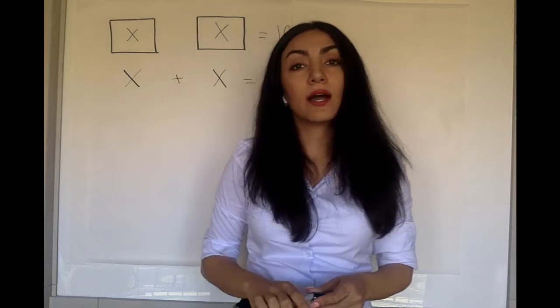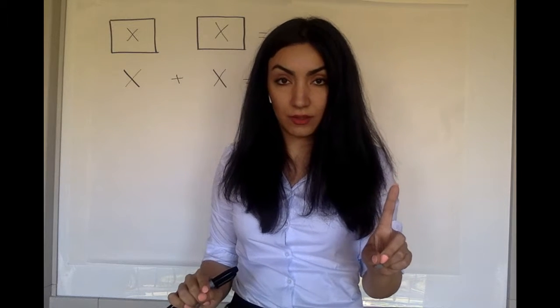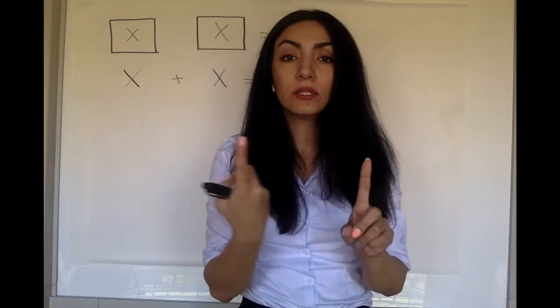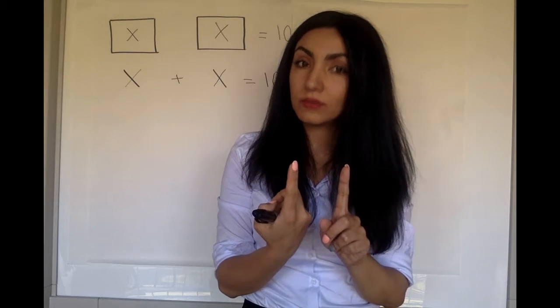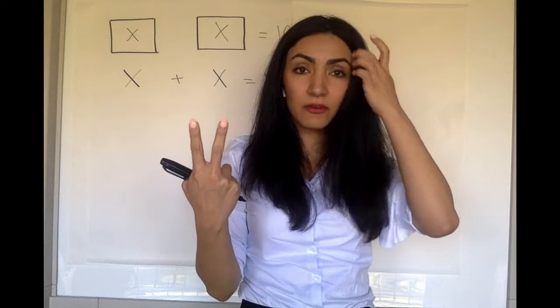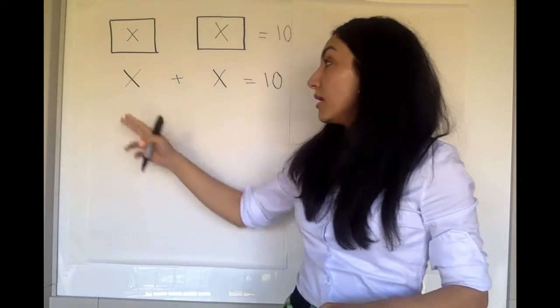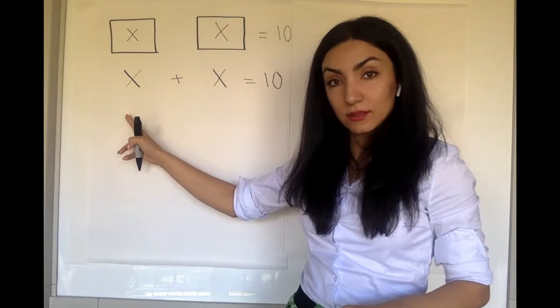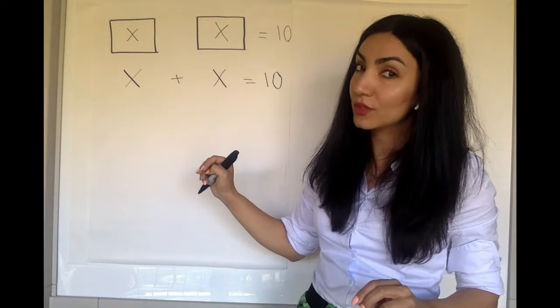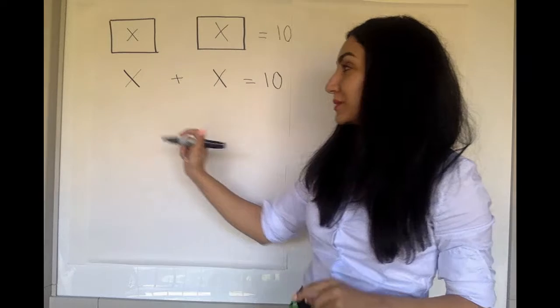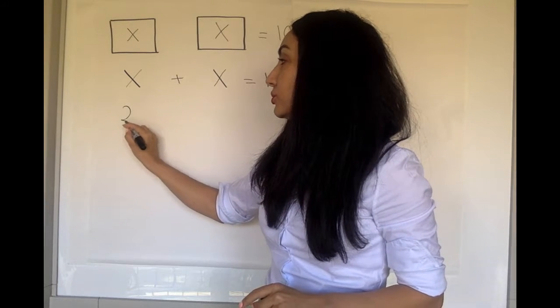Now let's say I have 1 cup of coffee. And I'll put another cup of coffee beside that. How many cups of coffee do I have? Right, 2 cups of coffee. Now, I have 1x plus another x. How many x's do I have? 2 x's. So I can write 2x